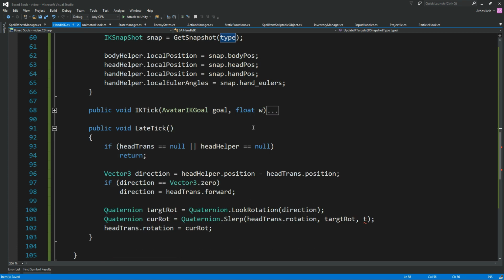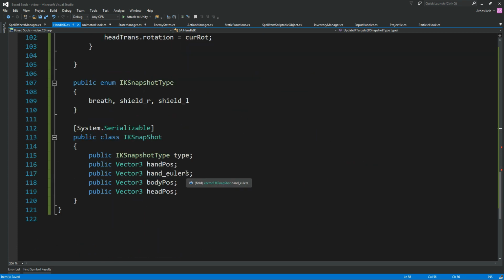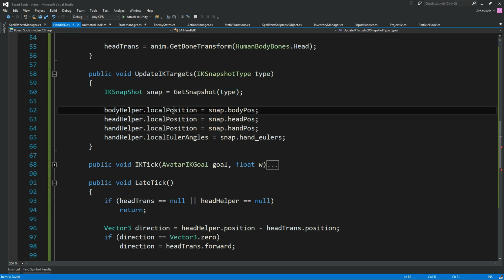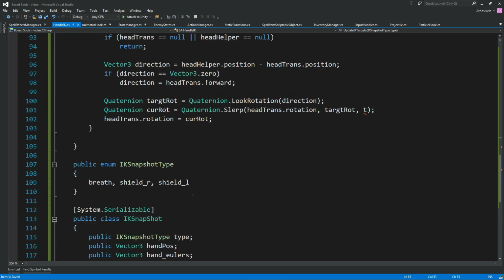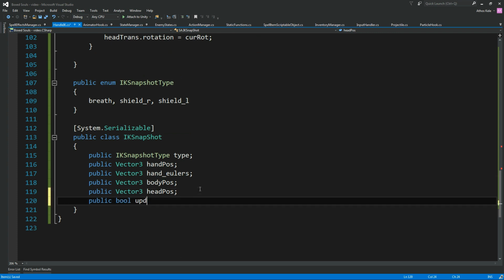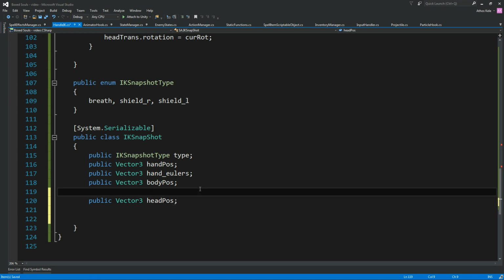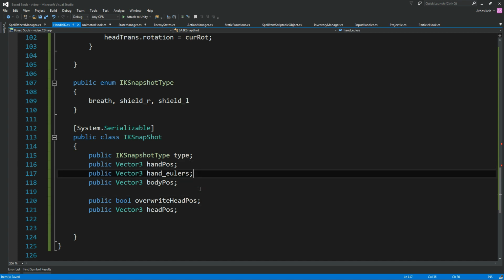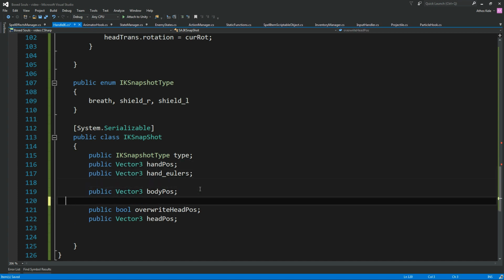Just in case we don't have to mess with the body and the head, because for the most part finding it once, it should work with the other side as well, we can say public bool use default head, or yeah, we don't have a default head. Let's write public bool override head position, and for body position we can say, yeah, let's leave it like that,